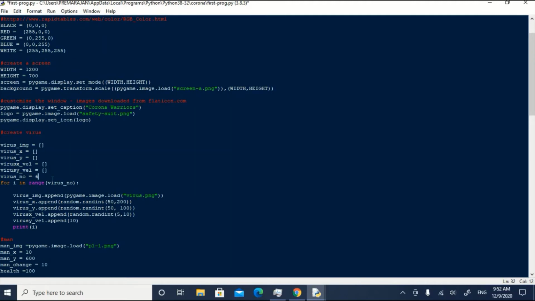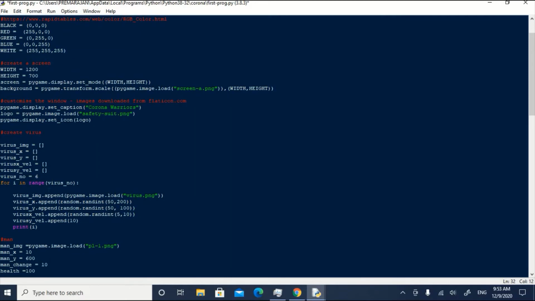Now we will use a for loop utility in Python to store the attributes in the list in proper indexed order. Indexing starts with 0. Here, since we are going to create 6 copies of the virus, the index will be 0, 1, 2, 3, 4, 5. We will use the append method to store the attributes.